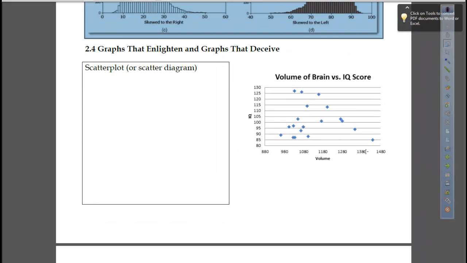Okay, most of these we're just going to talk about, and you need to be aware of them and when you would potentially use them. So we've got here a scatter plot. We're going to talk about this in detail when we make it to chapter 10 at the end of the semester. But a scatter plot is a chart